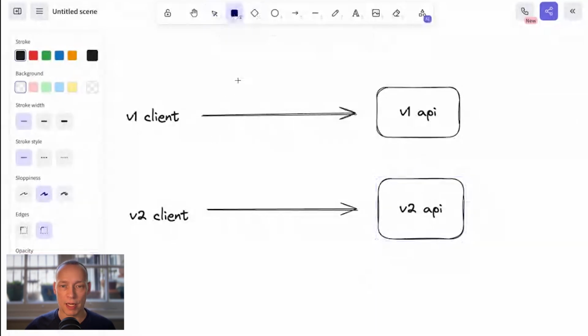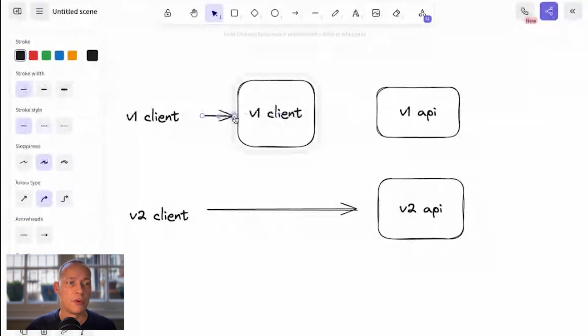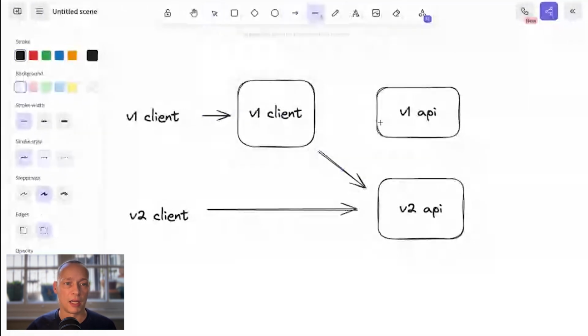So what you do is, Cadwyn in this case helps you come up with some kind of versioning proxy or go-between that takes a V1 client and maps it to the V2 API so that it's no longer breaking, and you can now get rid of it. You don't need this V1 implementation.